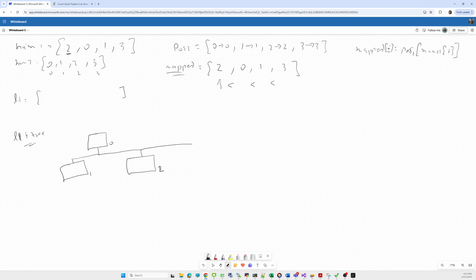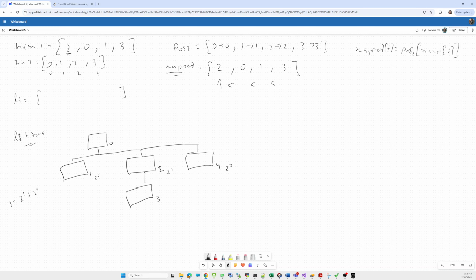And here, as it is one-base indexing, it will be the 4, and this will be the 3. How do we know where it will go? Like this one, it is 2 to the power 0, this is 2 to the power 1, and this is 2 to the power 2 directly. But now 3 is equal to 2 to the power 1 plus 2 to the power 0, which means we have this 2 to the power 1, and below that there is one more element, 3 indexing. Okay,